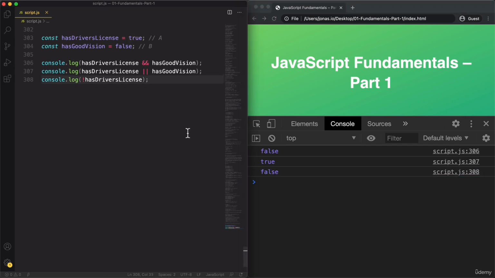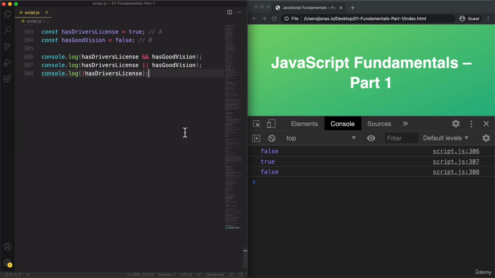All right. And now, since we know how all of this works, we can use these variables to take a decision. So let's say that we want to determine whether Sarah should drive or not. So let's create a new Boolean variable and use the others to determine that. So let's say should drive. And our model is that Sarah should drive if she has a driver's license and at the same time has